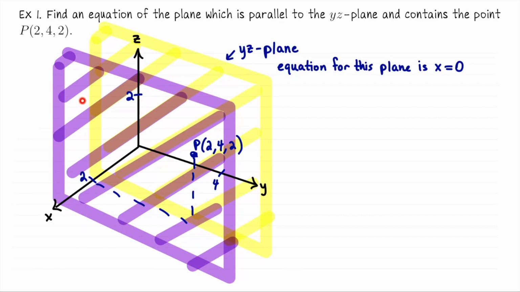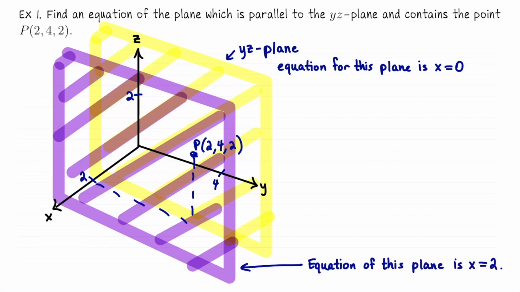And notice we don't really have any constraints on y and on z. So just like in the yz plane, I could take y to be any value and I could take z to be any value. And we could find those coordinates on this plane so long as the x coordinate is 2. Okay, so since we're parallel to the yz plane, every single point on this plane must have an x coordinate of 2. And then once you have an x coordinate of 2, y could be anything, z could be anything. So the equation of this plane is simply x equals 2.